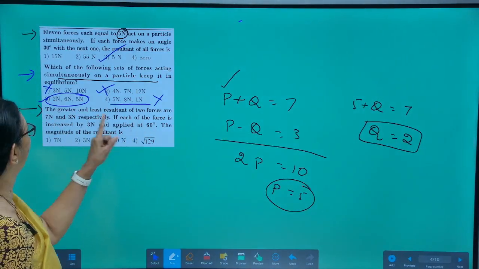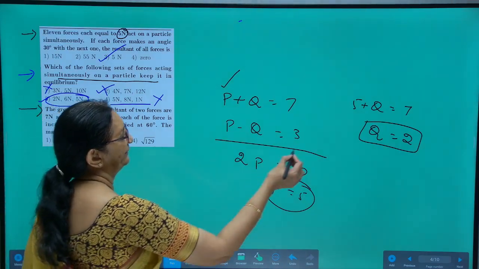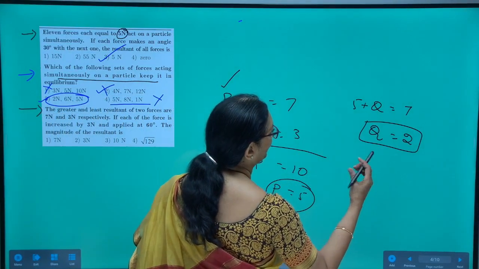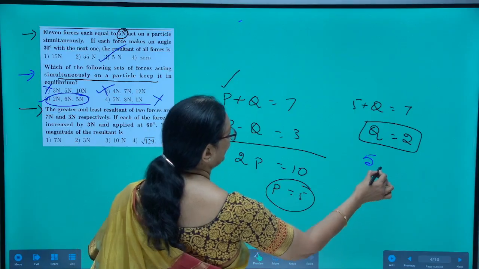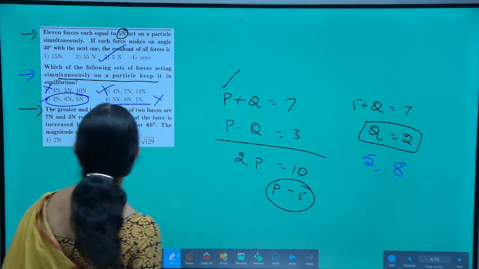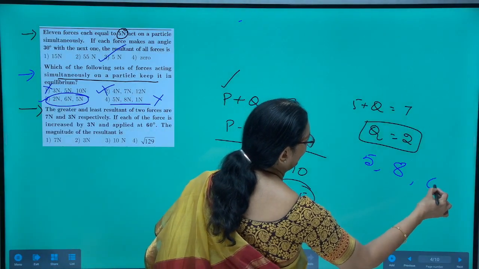Now, P is 5, Q is 2. Each of the forces is increased by 3 Newton. So, if this 2 is increased by 3 Newton, it becomes 5. This 5 is increased by 3 Newton, this becomes 8. And then the angle between them is 60. So, now the problem